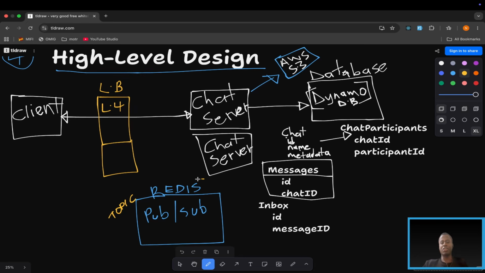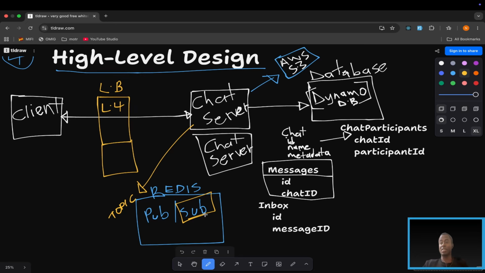They have a central place where they can find out connections. So this Redis here will do this for us: when a client sends a message to the chat server, that particular chat server publishes that message to the topic. And all participants for that particular chat are going to receive that message because they have subscribed